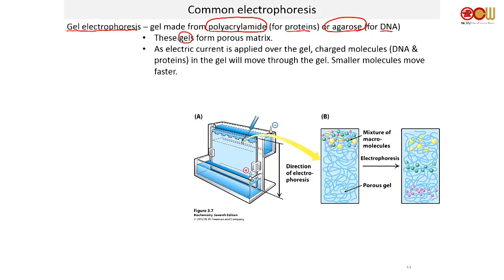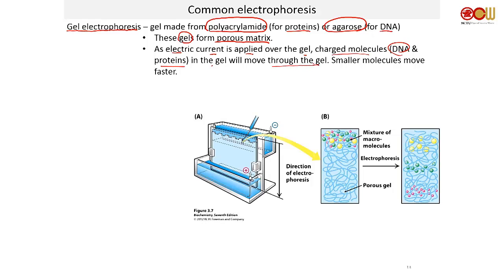And these gels, essentially they form a porous matrix. So like a little solid-looking thing that has a lot of holes inside, okay? That has a lot of holes. And a lot of holes allows your material to move around this medium. As electric current is applied over the gel, charged molecules, for example, DNA and proteins, in the gel will move